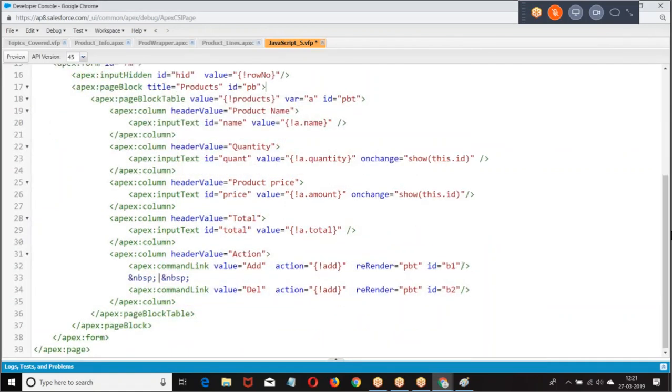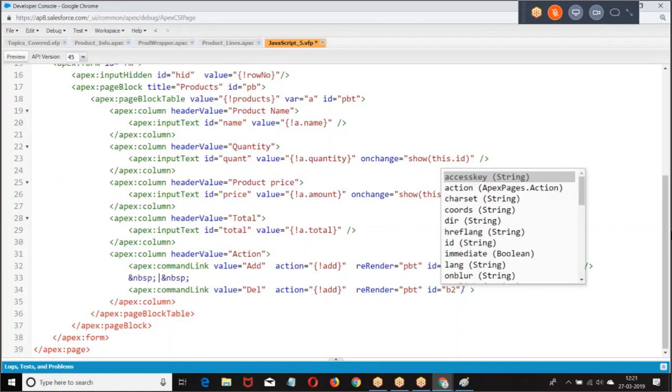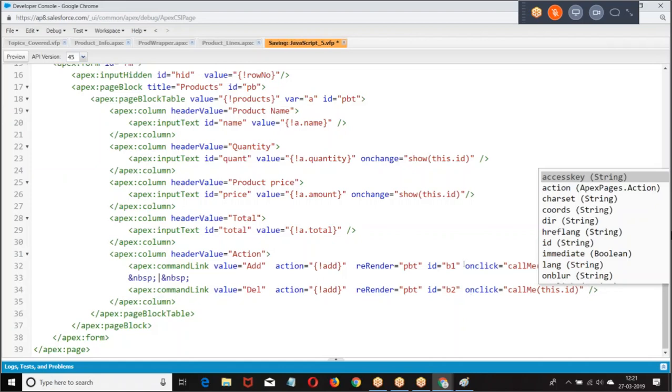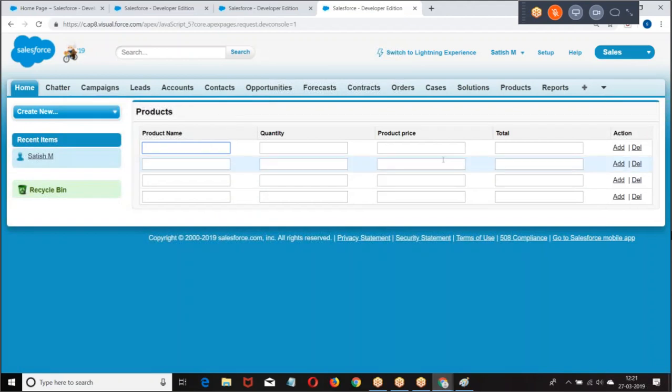Then I have to say this is what we are taking. Go back to the structure here. Now, to show you the difference, I tell you.